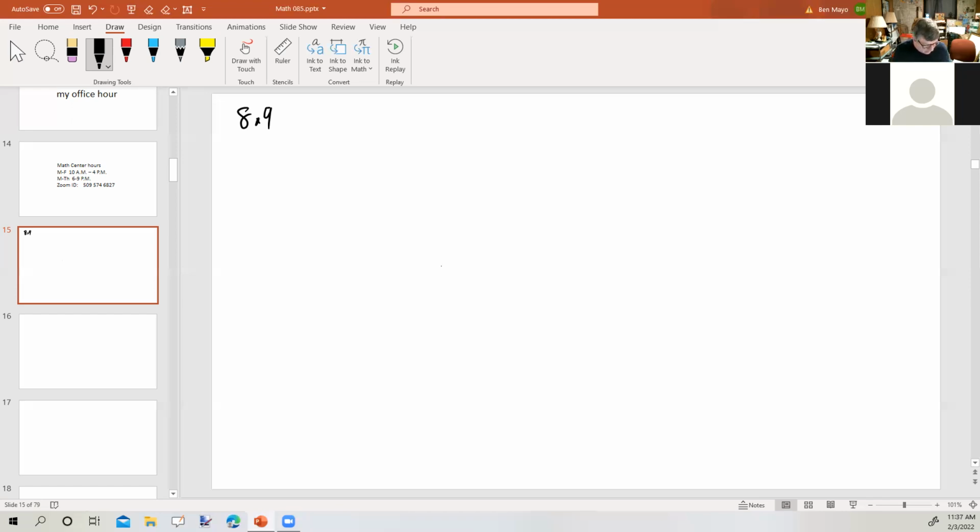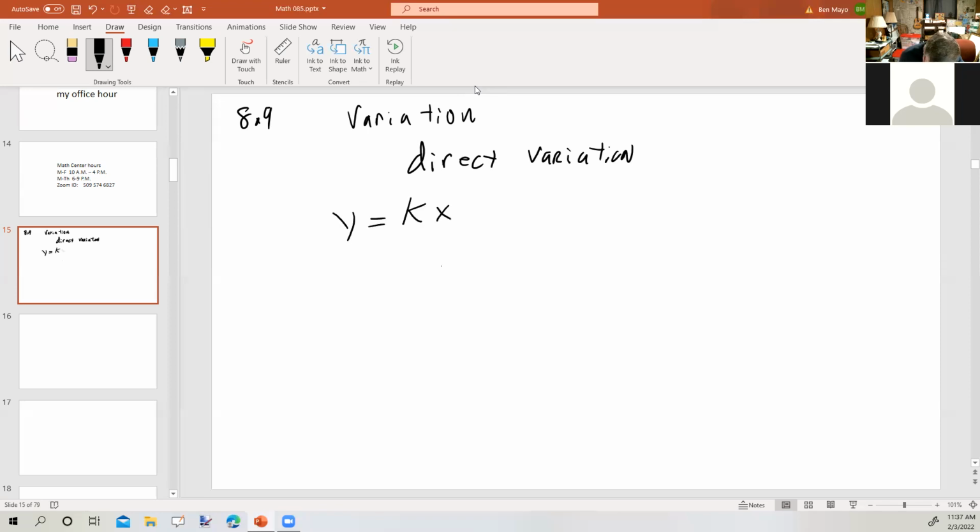Anyway, okay. Section 8.9 has to do with something called variation. There are three types of variation that we're going to look at. The first type is called direct variation. In general, it is of the form y equals k times x, where x and y are the variables,